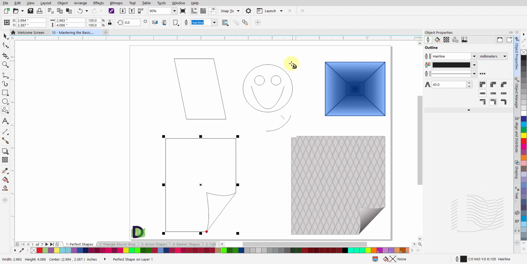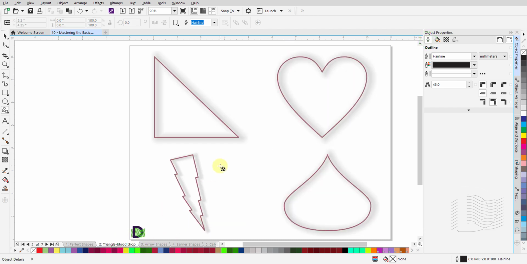There are, however, some shapes that do not contain glyphs at all. From the basic shapes category, the ones that do not contain a glyph are the right angle, heart, lightning bolt, and the blood drop. From the banner shape group, the two explosion shapes do not contain glyphs.